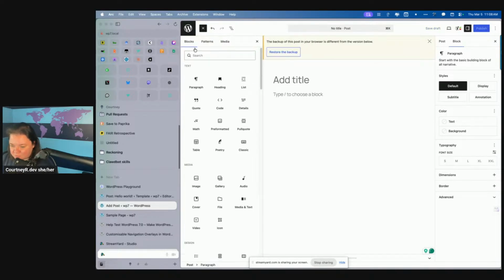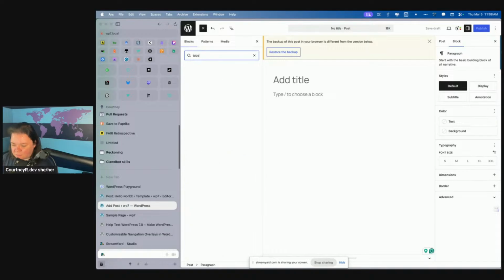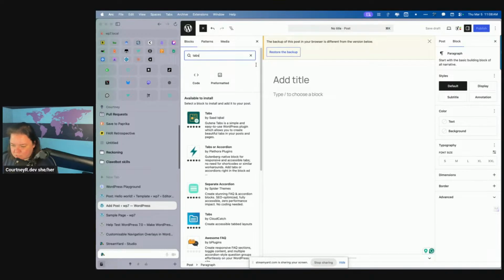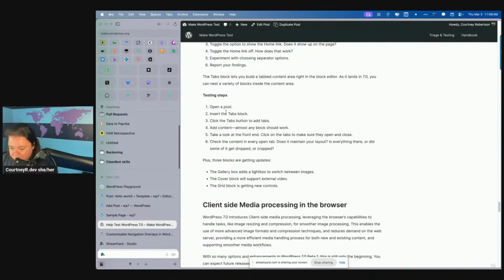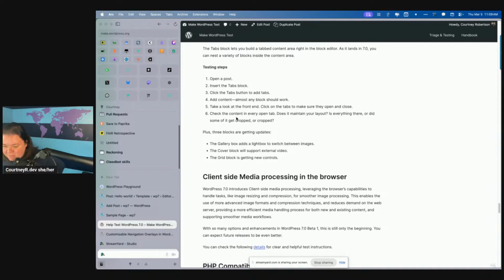So let's go up to tabs. What? Insert the tabs block. I'm not finding it from any of the searches. Click the tabs button to add tabs. I feel like,